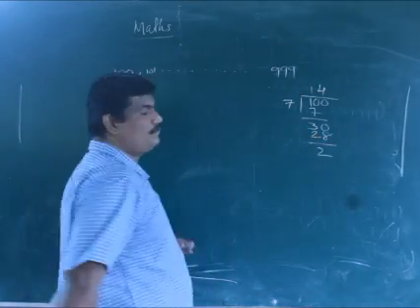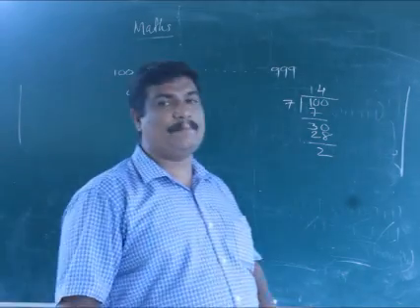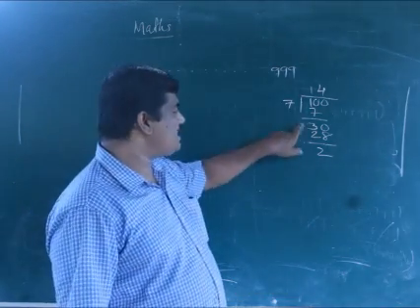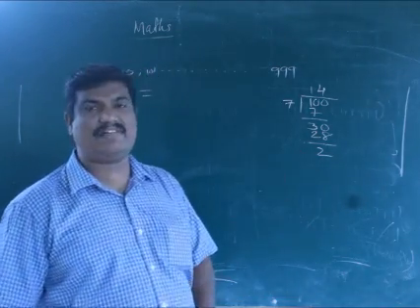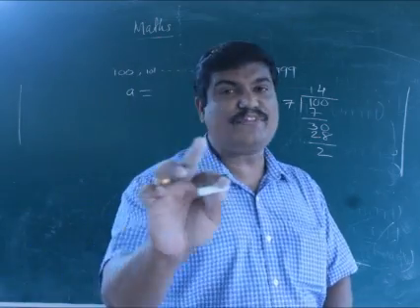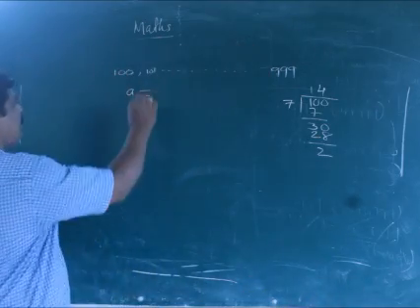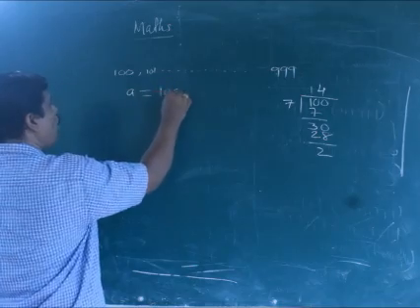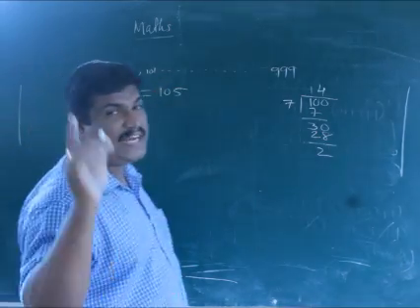Remainder 2. So the next step is important. First you subtract these two: 7 minus 2. What is 7 minus 2? 5. That 5 is added to 100. That is the first term. 100 plus 5, 105 is the first term divisible by 7.